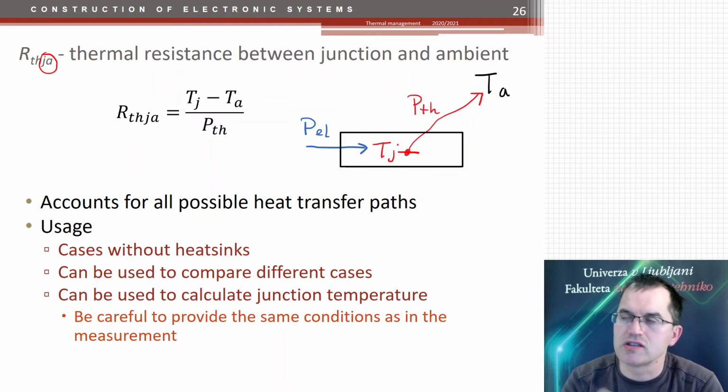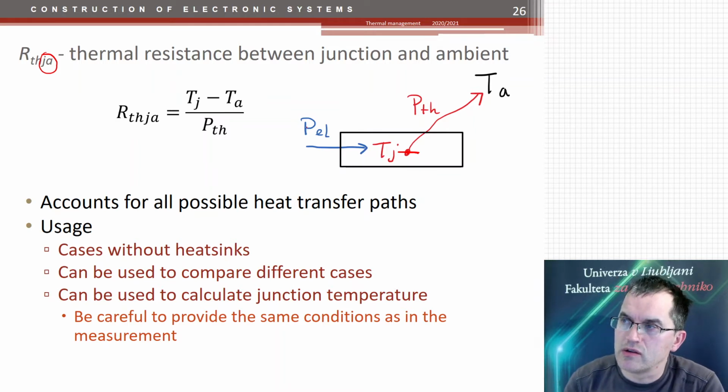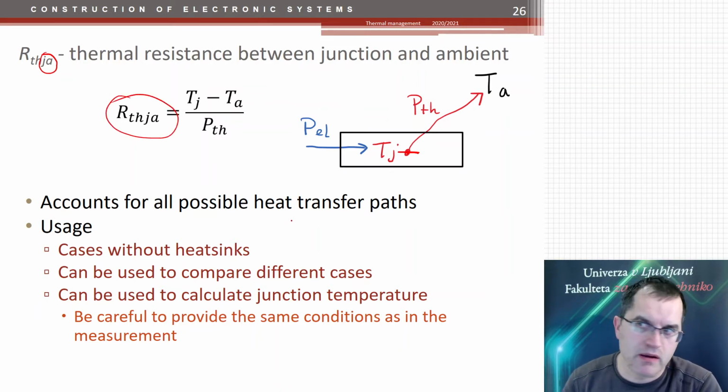But here I just show only one. So what you do, you apply electrical power to the component, and the heat power is then transferred to the surrounding. Now in this parameter all the possible heat transfer paths are accounted for,